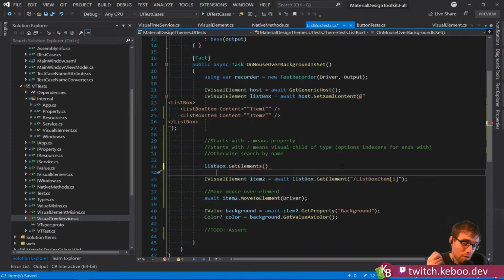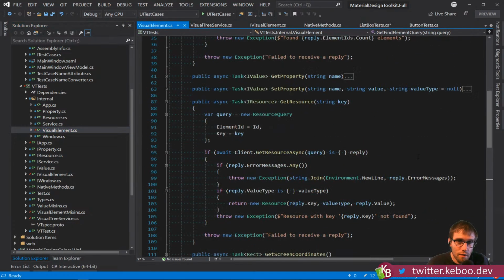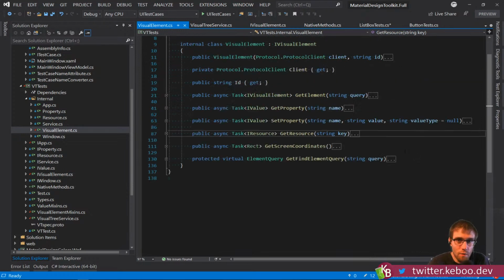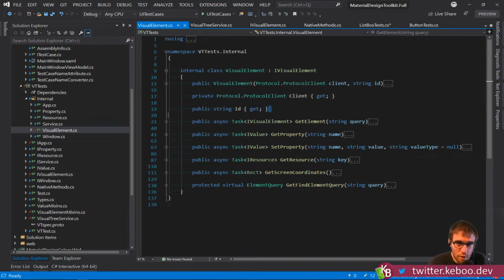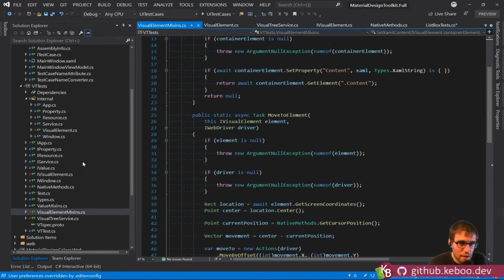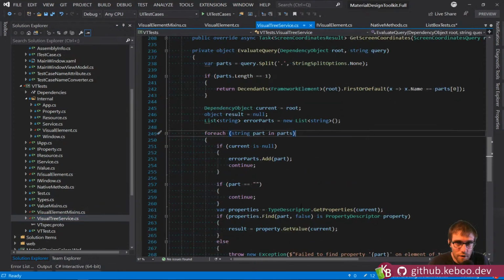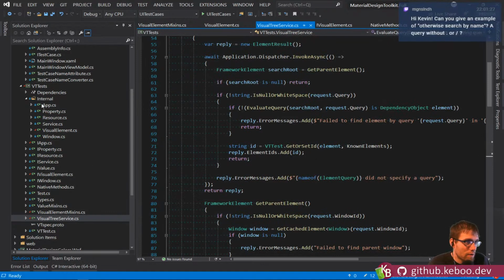So rather than having to evaluate the query server side, I could just evaluate it on the client. Is that going to be too much data to send around? Because these iVisual elements are pretty lightweight, right? Data-wise, they really are just an ID. The more concerning bit is the service, right? So on the server side,